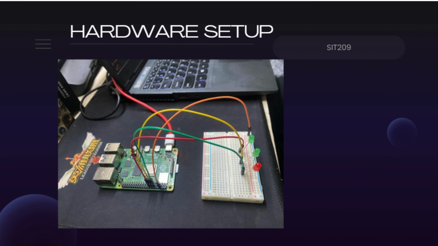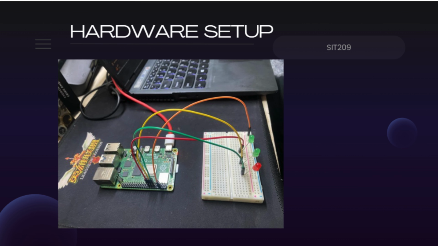The Raspberry Pi's ground pin would be connected to the negative rail of the breadboard. This acts as a common ground for all components. Each LED would have two legs. The longer one, which is the anode, would be connected to a GPIO pin, while the shorter would be connected to the negative rail. Describing the GPIO connections, the red LED is connected to the GPIO pin 17,